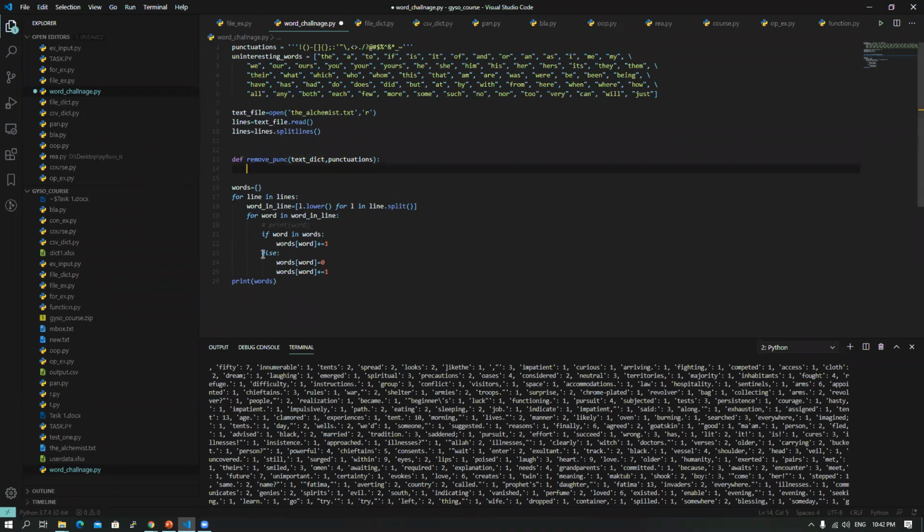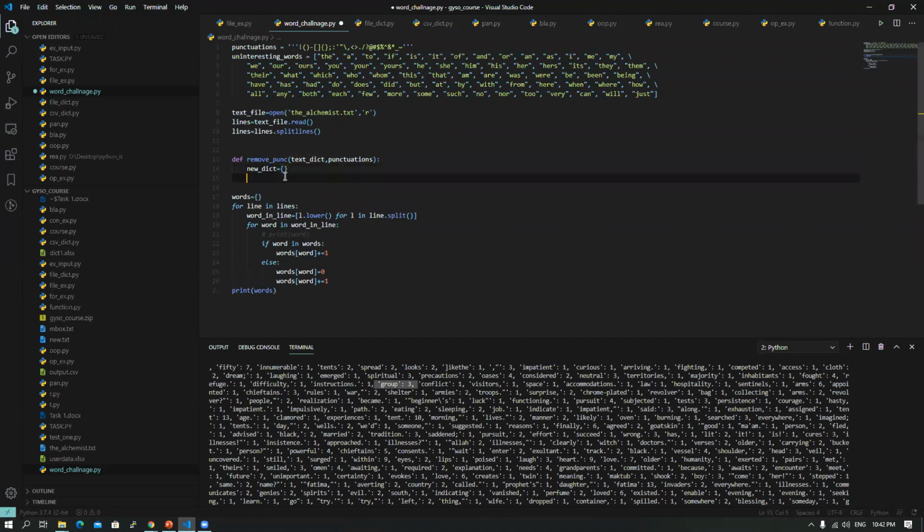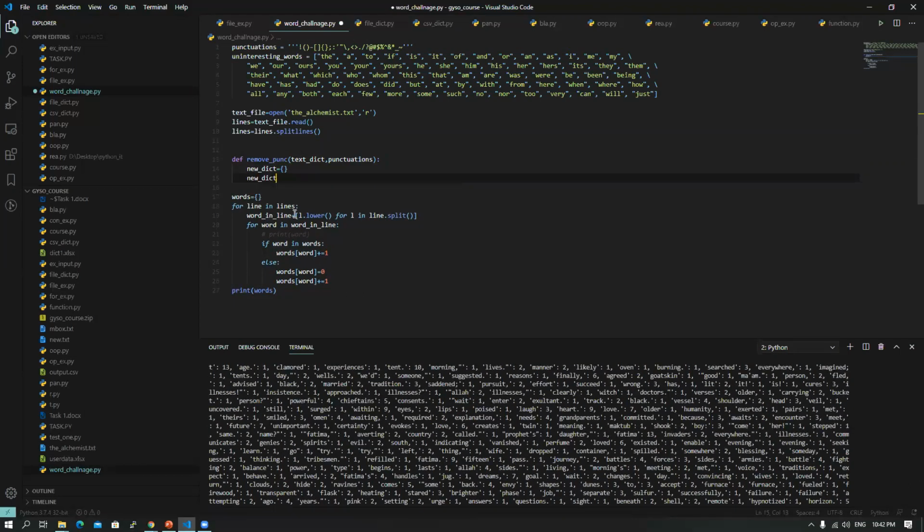So we are going to create a new dictionary to store the new values from the dictionary. So let's call it new, because now we are going to process this one, get rid of the punctuation, and then push it back to our new dictionary. So let's say new dictionary, and we are going to copy the old dictionary to the new one. So we can use a function called new dict dot update. Okay,